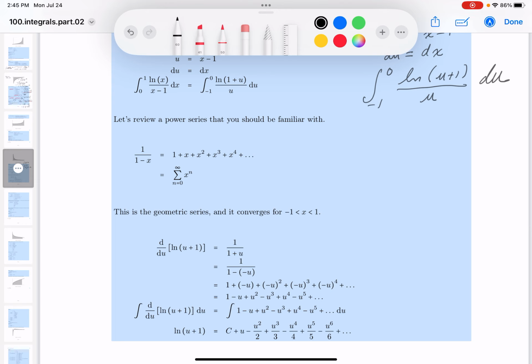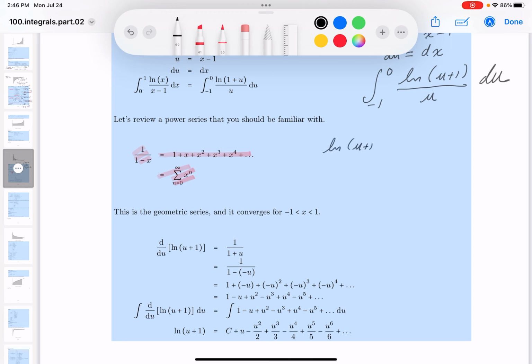All right? So I'm going to say you should be very familiar with the geometric series. This is this guy over here. And that's fairly easy to write down. It's one you learned in pre-calculus, all right? This converges for x's that are going between minus 1 and 1, but not including minus 1 and 1, all right? So what I do over here is I look at this ln